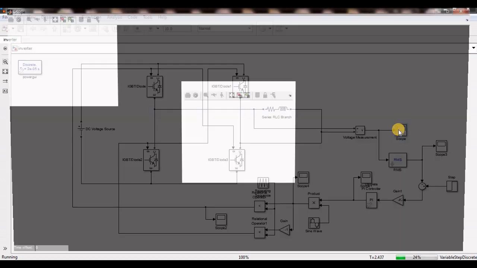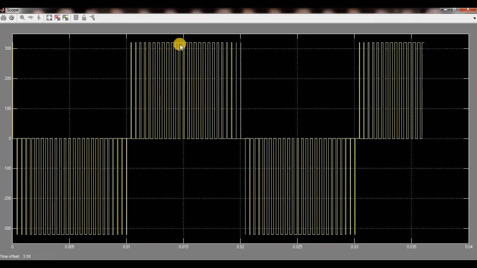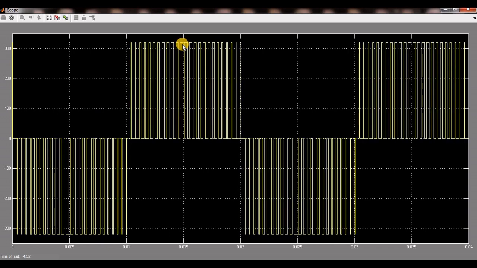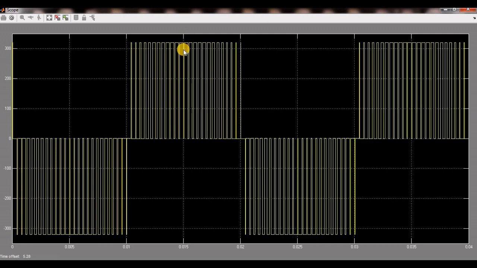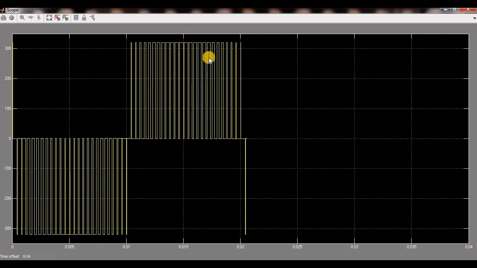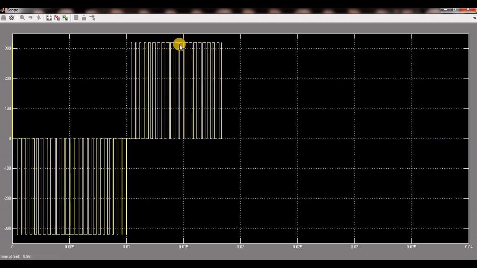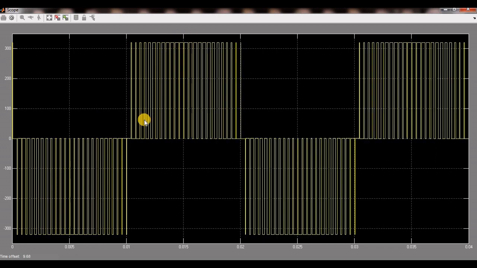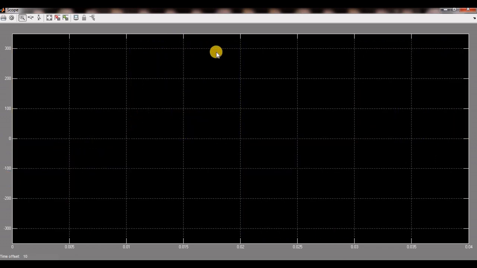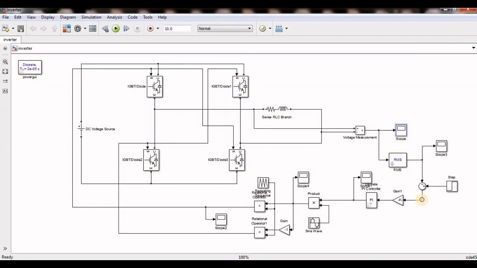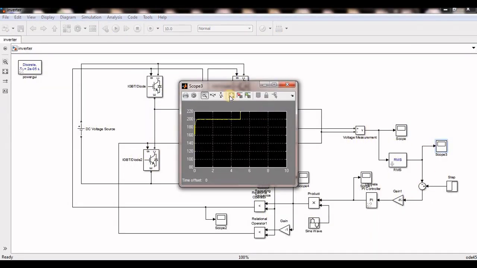See, this is the PWM I am getting. This is the pulse width. The pulse width is more at 90 degrees. At 90 degrees my pulse widths are more compared to the others. So this is called SPWM, because of SPWM we get unequal pulse widths. These are all unequal pulse widths, and the width is more at 90 degrees. So the average is my sine wave, the average is my sine wave, and this is my RMS.